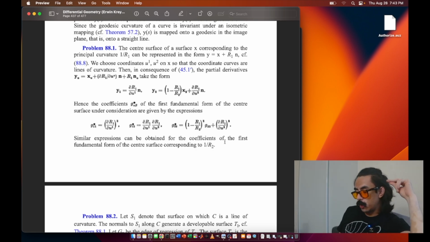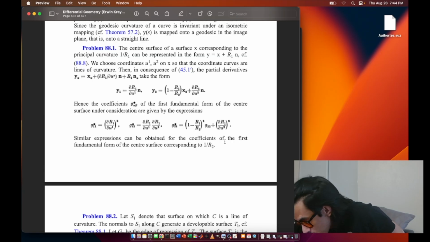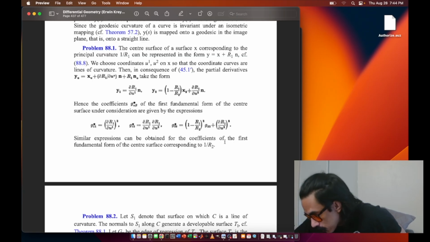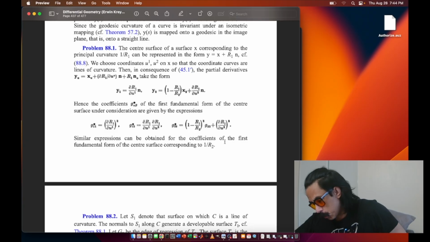We choose coordinates u1 and u2 on x, the surface, so that the coordinate curves are lines of curvature. Then, in consequence of the formulae of Weingarten, the partial derivatives, where we have vector y sub alpha equals vector x sub alpha plus partial R sub 1 partial u superscript alpha times vector n plus R sub 1 times vector n sub alpha,